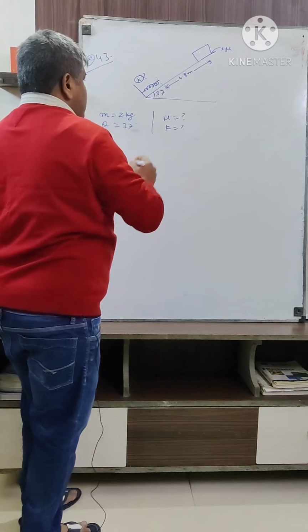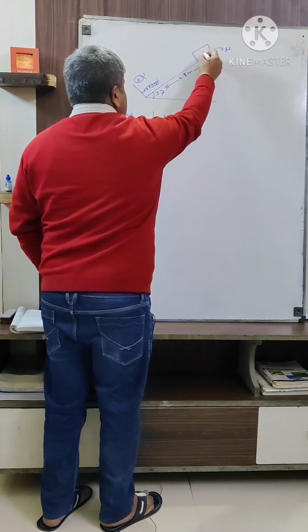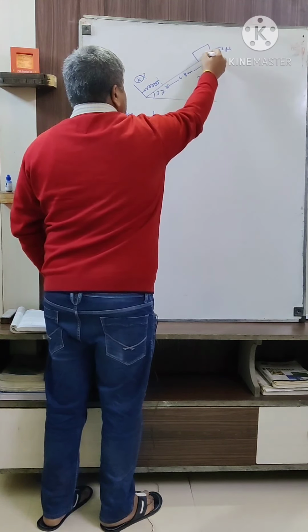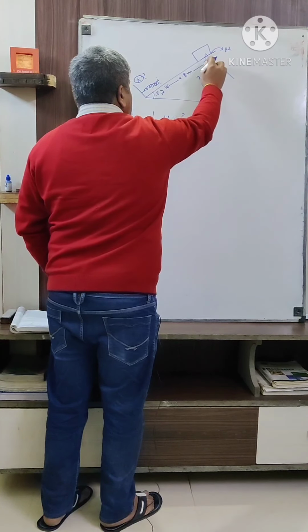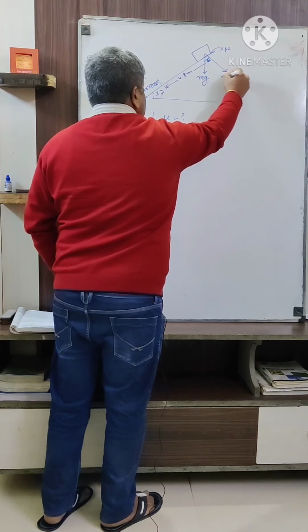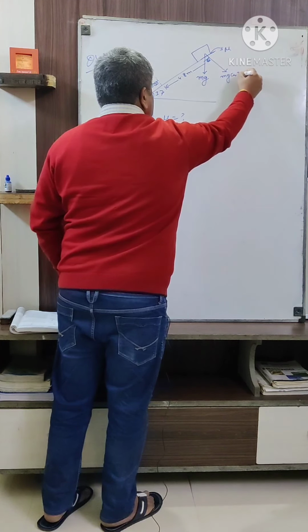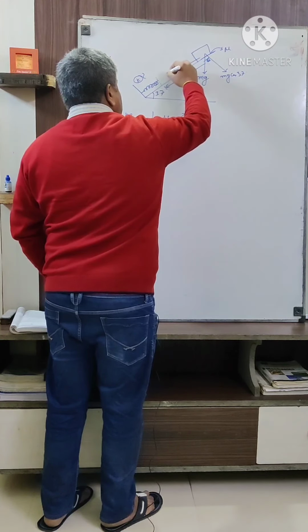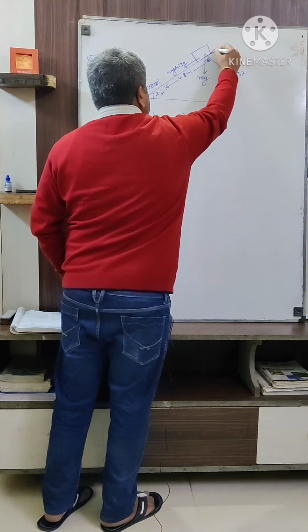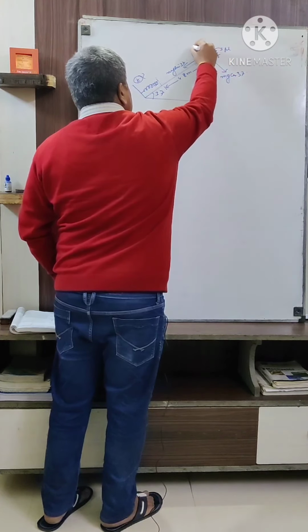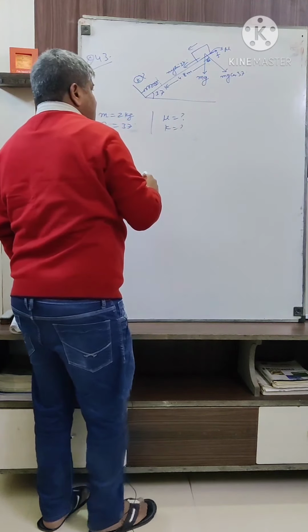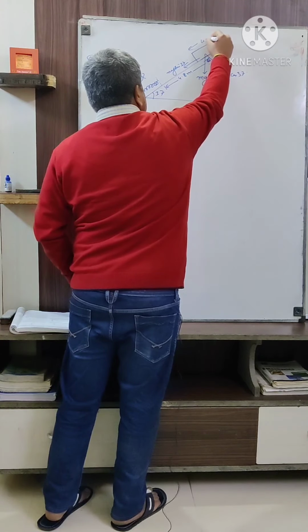First of all we will resolve the forces acting on the block. Weight mg acts downward. I am taking theta here, and the value of theta is 37 degrees. The component of the weight perpendicular to the incline is mg cos 37, and along the incline it is mg sin 37, and the friction force acts opposite to the motion of the block. The block moves in the downward direction, and it is initially at rest, so u is 0.